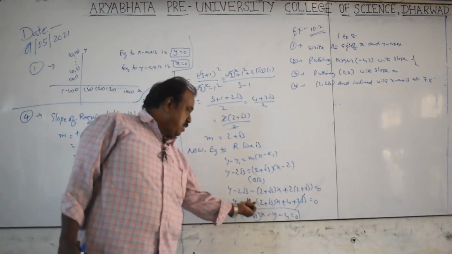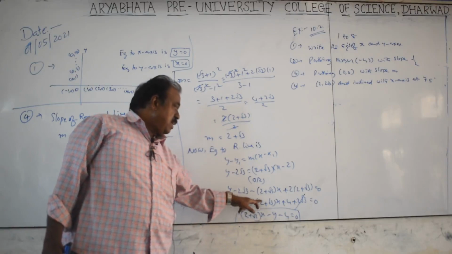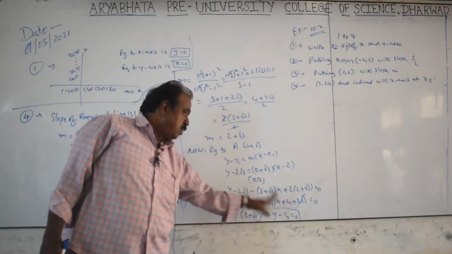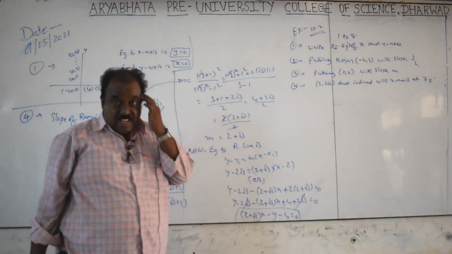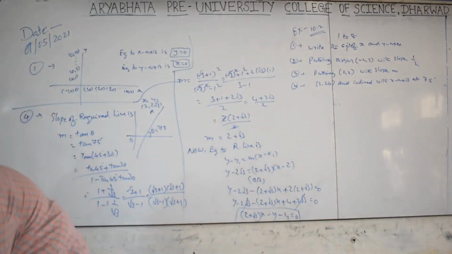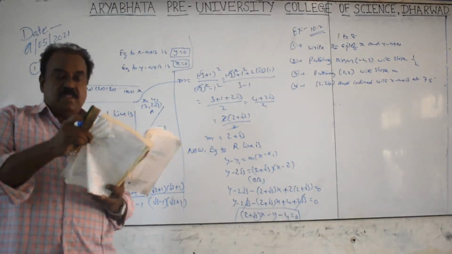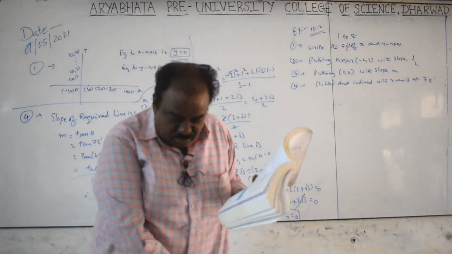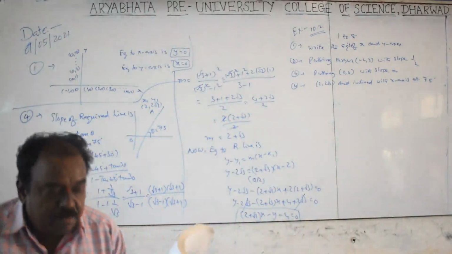At the last moment, I am interchanging the sign: minus something becomes plus something, x plus y, minus y, plus 4, minus 1. So this is the equation of the line. Okay? Like that we have to solve the problems. Now I will read out the problem, and you open your textbooks and see that problem. Please observe like that.